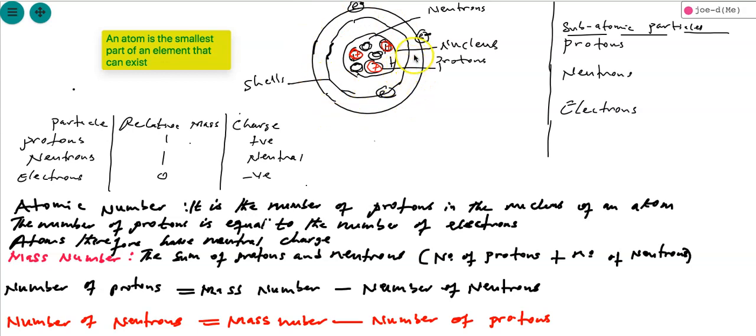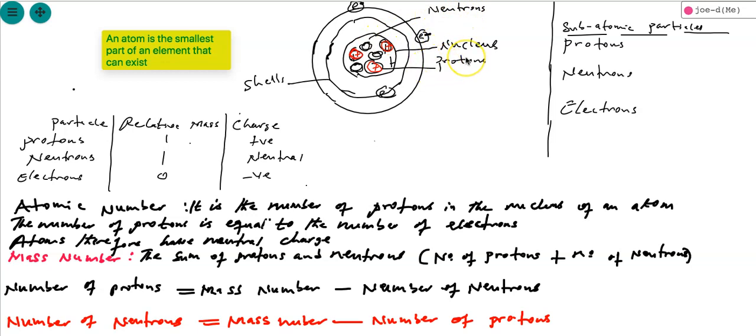So we have our shells here, and the electrons orbiting in shells. The nucleus forms the central portion, and within the nucleus we have our neutrons